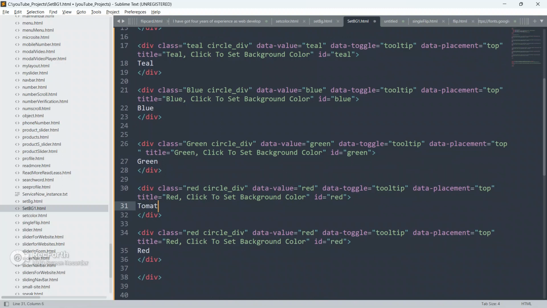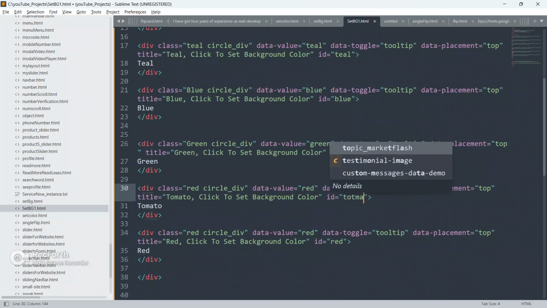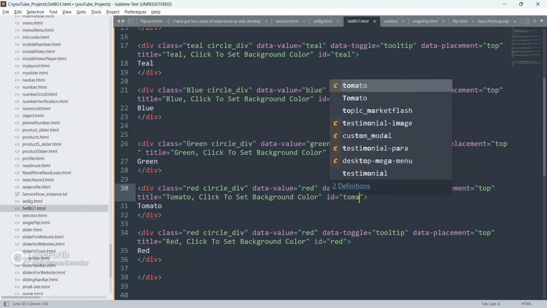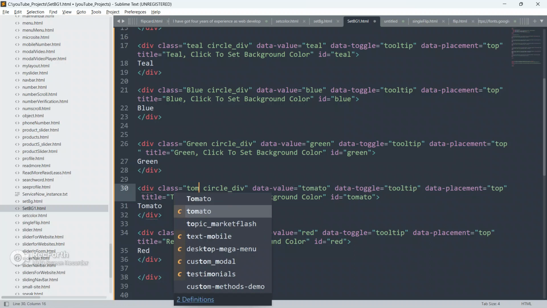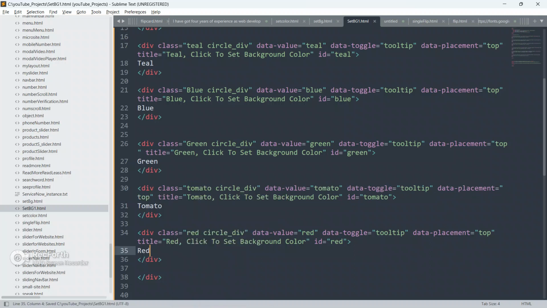Change this to tomato, give data value also tomato, and give this also tomato.